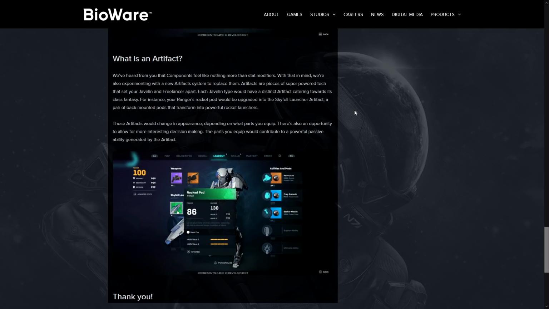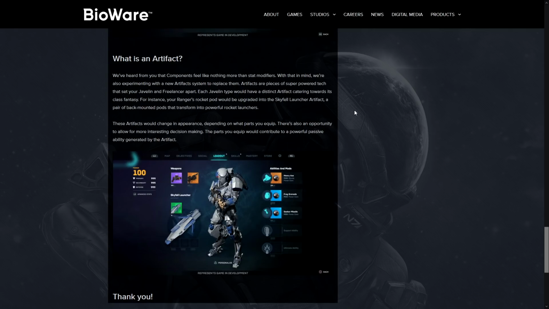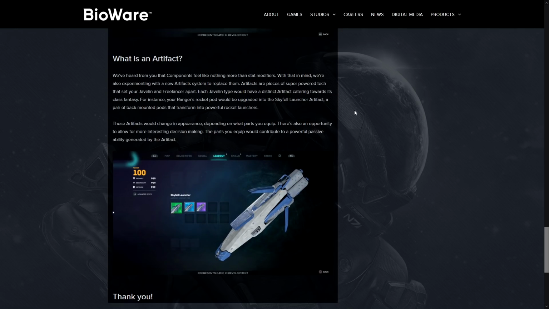For instance, your Ranger's rocket pod would be upgraded into the Skyfell launcher artifact, which is a pair of back-mounted pods that transform into powerful rocket launchers. To actually have things to work towards and build up seems a lot better than the game currently is. These artifacts would change in appearance, so they're actually doing things with appearance this time round, because beforehand